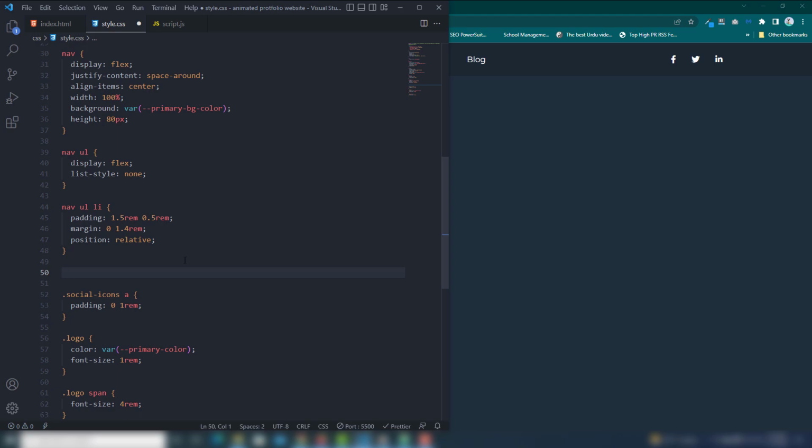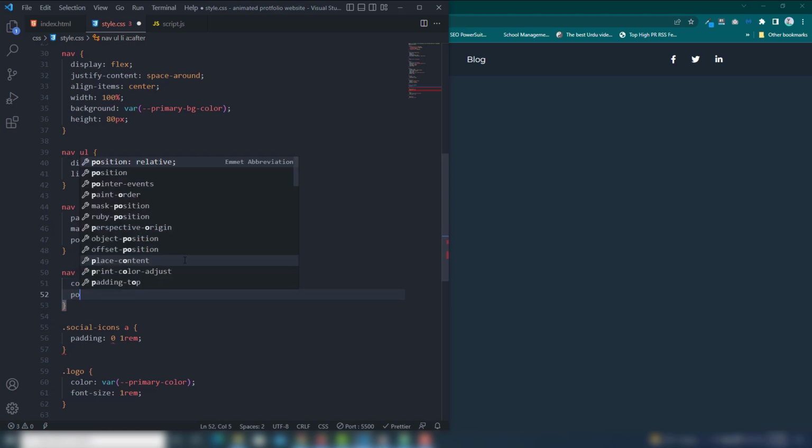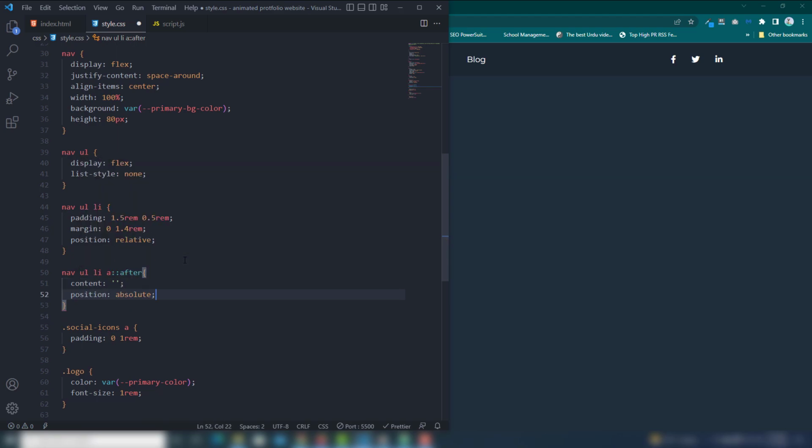But the next thing you need to do, you need to call anchor link. Means you need to use the hover effect, but your li anchor link colon you need to call the pseudo selector after. Once you add that, then you need to use content will be empty, and you need to use the position will be absolute. We need to match the position with those content. Then save.